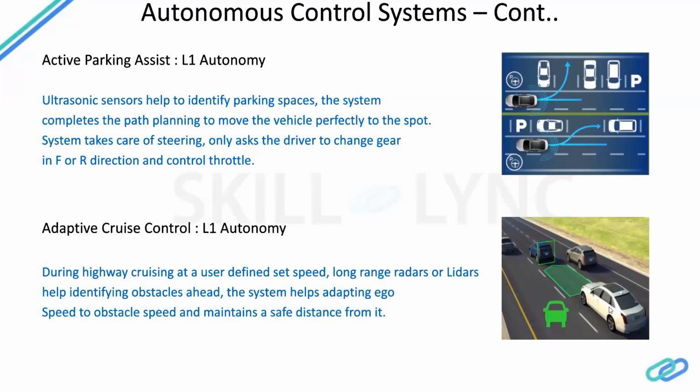So what will happen is, if you are driving at a speed of 80 kph and suppose the vehicle ahead of you is driving at a speed of 40 kph, then the speed of your ego will be adapted automatically. So your ego will now drive at a speed of 40 kph. Now suppose you want to overtake this slow moving vehicle. What you will do is give an indicator to the fast moving lane side, and then you will do a little bit of steering.